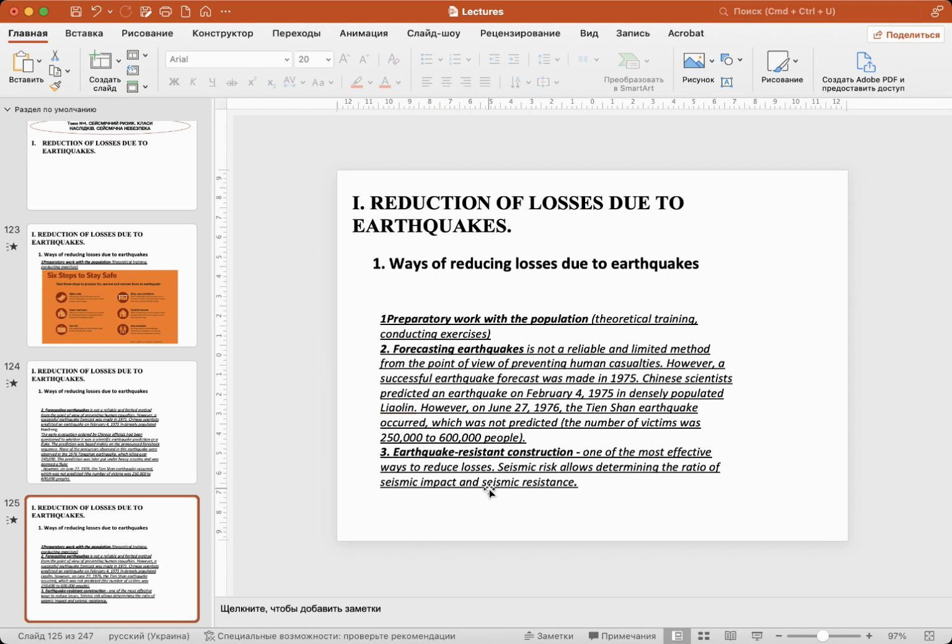It is necessary to develop a state program to prepare people how to behave during an earthquake. But from today's point of view, we understand that it's impossible to teach our people how to save their lives during war effects. And I am absolutely sure that for our people it's almost impossible to teach them how to behave during an earthquake,